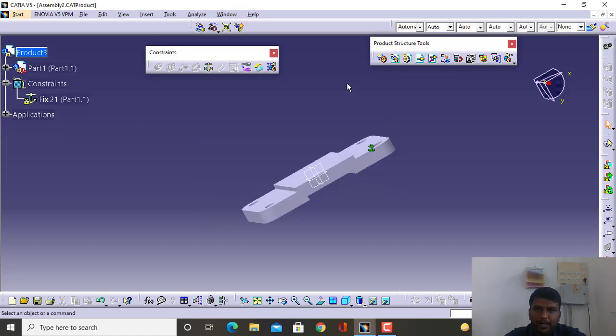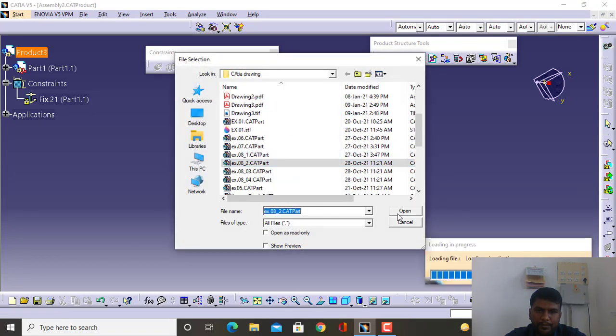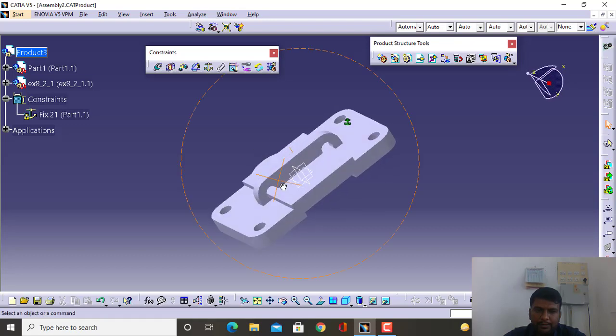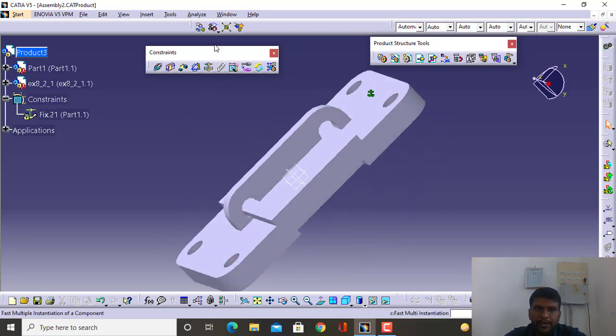Now to bring the second part, again a similar procedure. Select the existing component, select the product and bring your part number 2. Open it. So here is part number 2. It's going inside. All the parts will appear at the center of these 3 planes. So just to move these parts, we have a command